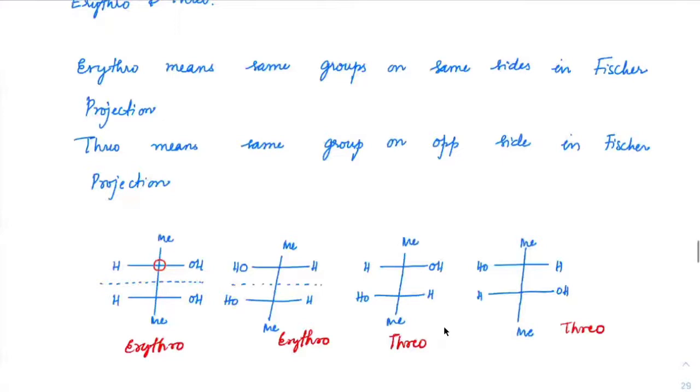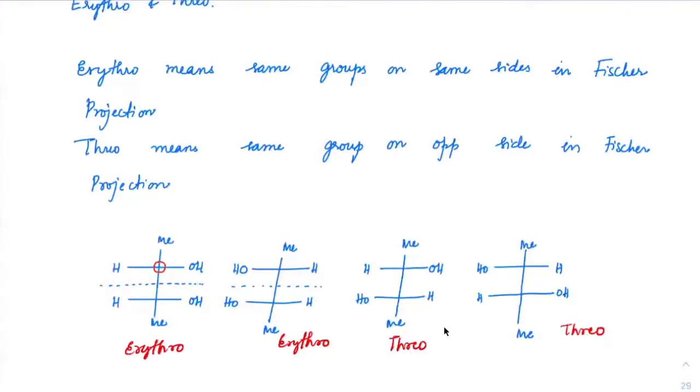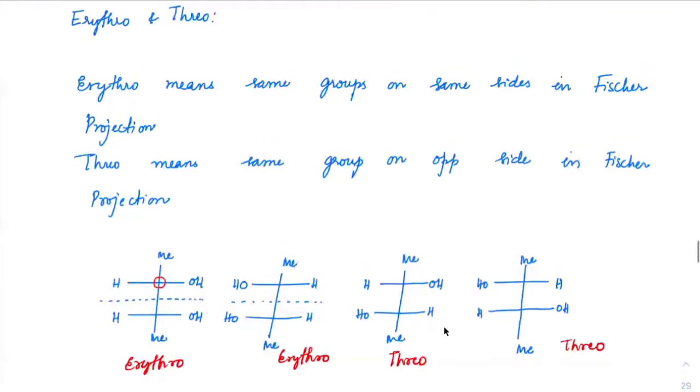Everybody understood that? So we have erythro kind and threo kind. These two erythro kinds are mesoforms. These two threo kinds are enantiomeric forms. But if you compare any erythro with threo, this erythro with this threo, this erythro with this threo, what would they be? They will always be diastereomers. So any erythro, if you compare that with a threo, will always be a diastereomer of each other. Everybody understood this, what I'm saying? Okay. When do we say erythro? When do we say threo? Is this point clear? All of you.